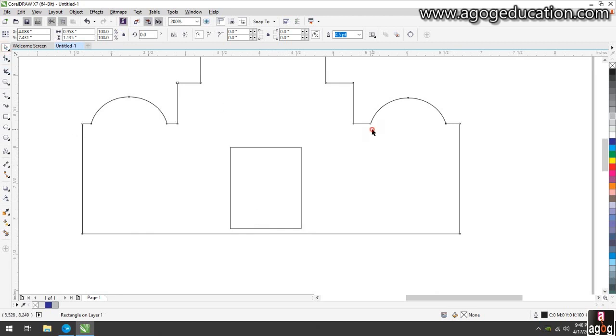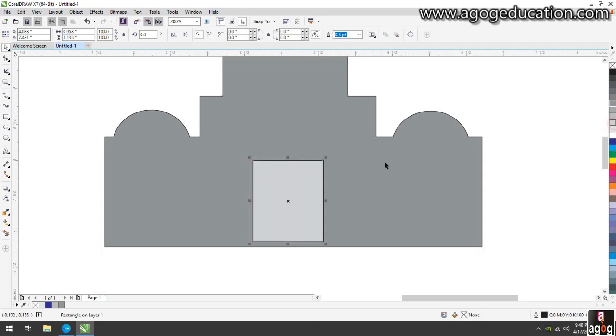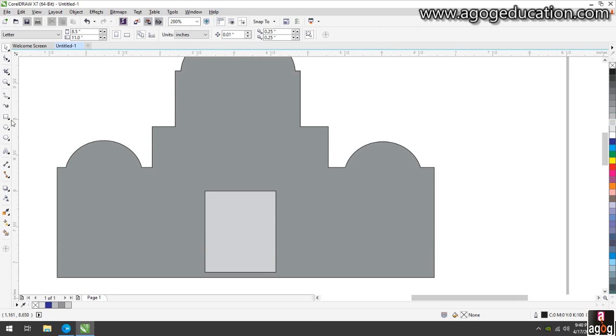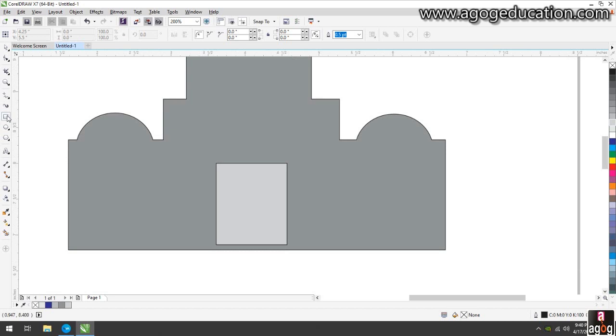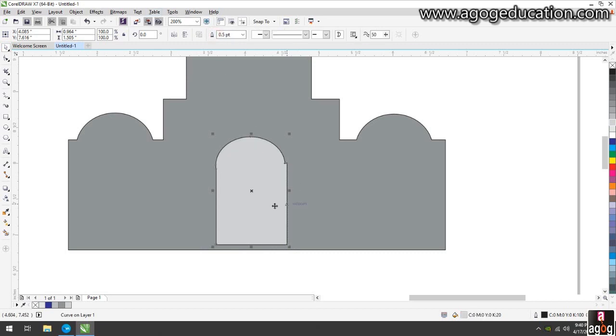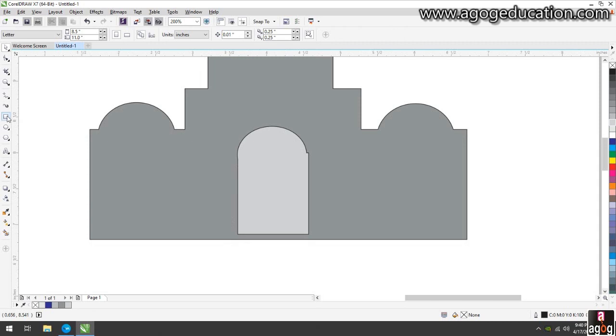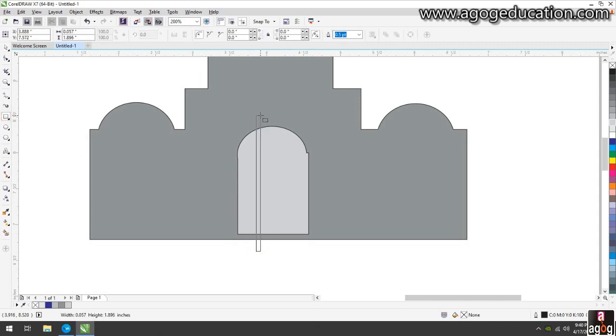First I'm going to give a fill. Just weld these two objects. I will tell you about the alignment of shapes in our next upcoming session. I create some strips.